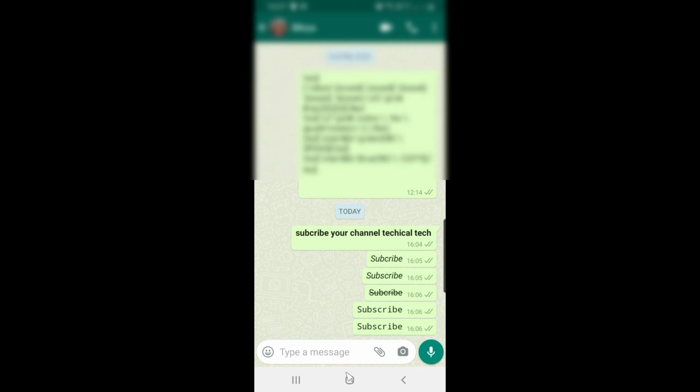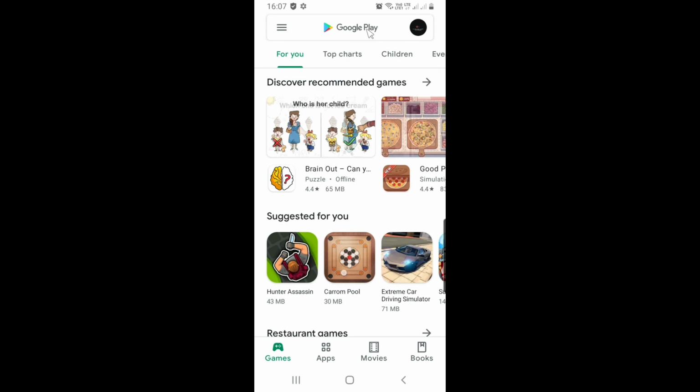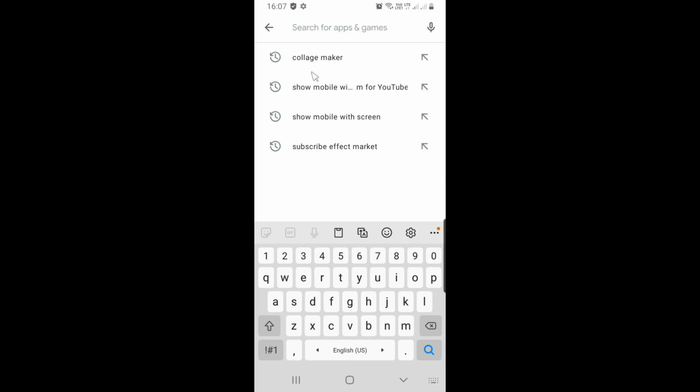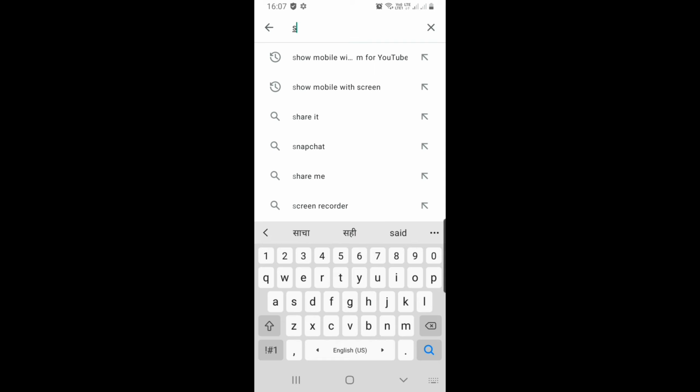They are very nice fonts, so I will show you how to download them. First we have to open our Play Store app, and type over here stylish text.